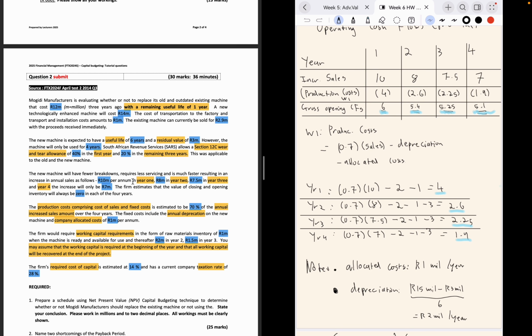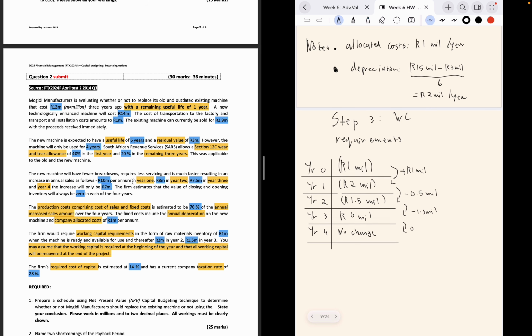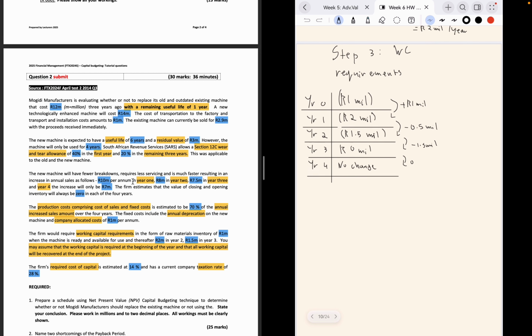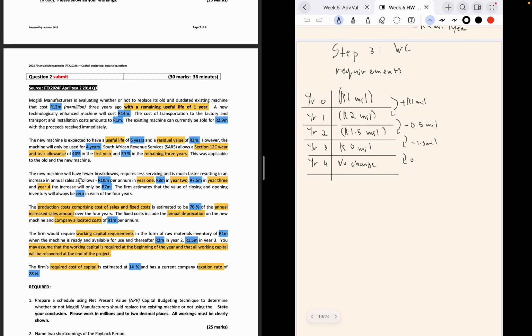But yeah, then you get these values for your production costs, a value of 4, 2.6, 2.25, and 1.9. And then that'll give you your gross operating cash flows. Then step 3, we have to look at our working capital requirements. So they tell us here,